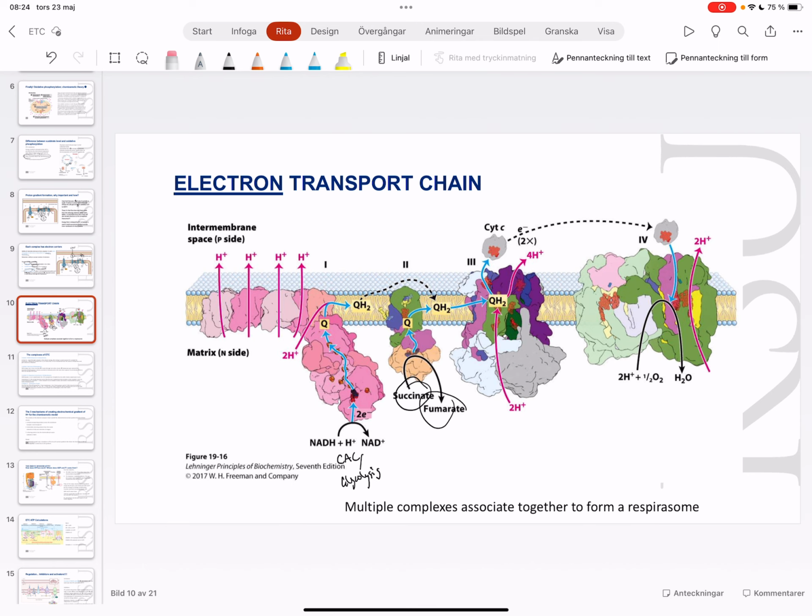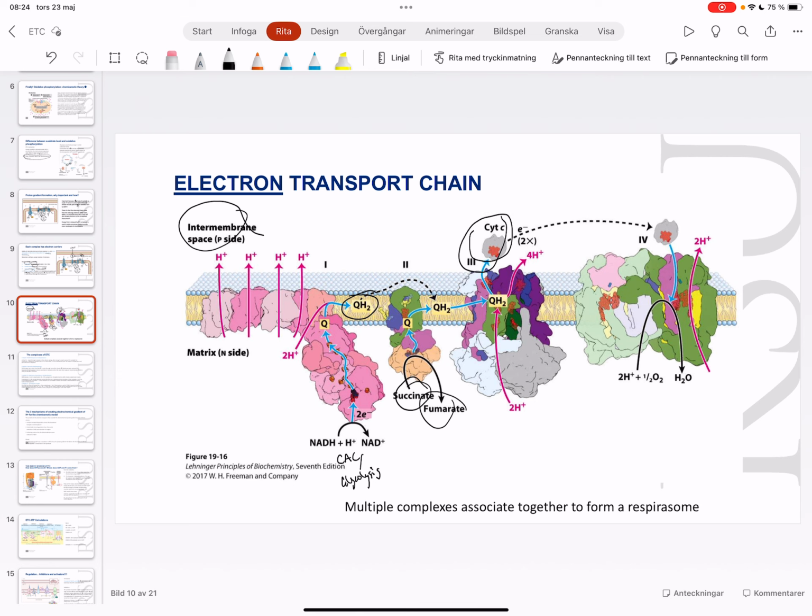It's an electron carrier, and it will act in the inner membrane space, or not here, but in between. Yeah, you get my point. The thing about ubiquinone is it will carry these 2 hydrogens, and it will donate it to cytochrome C, which is another